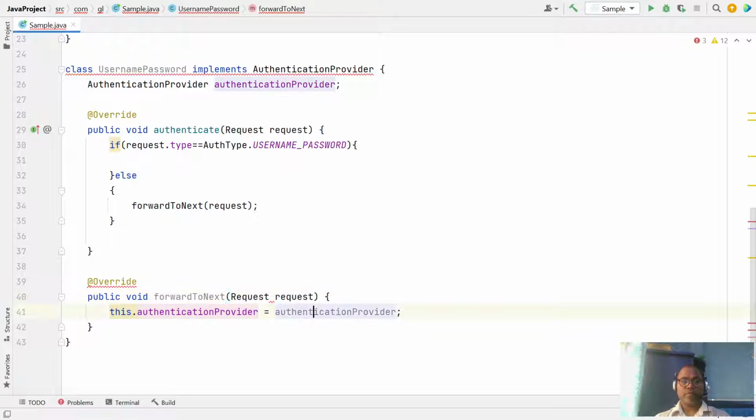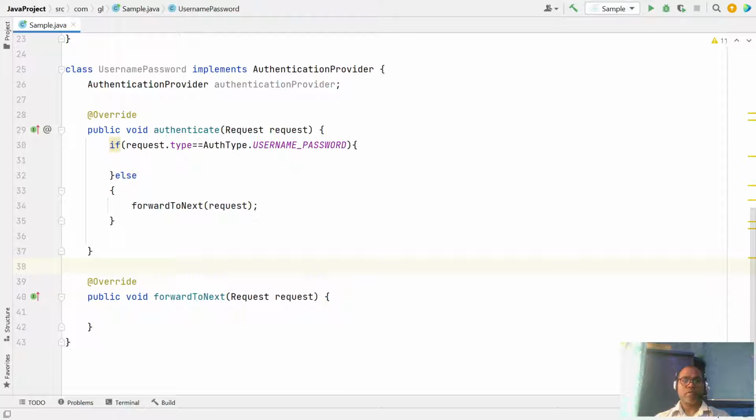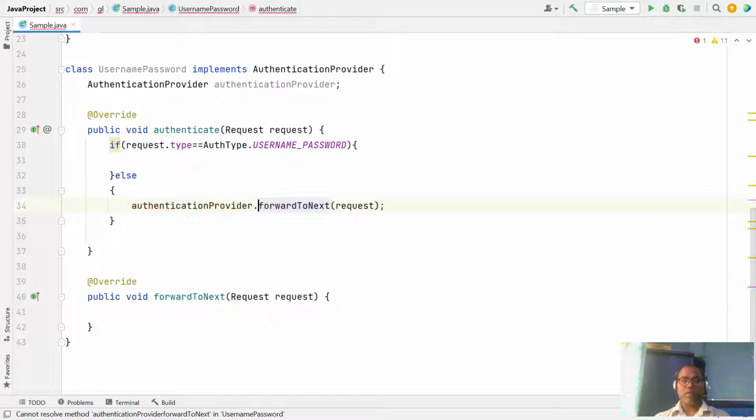Request. Okay, this is whatever authentication provider dot next.